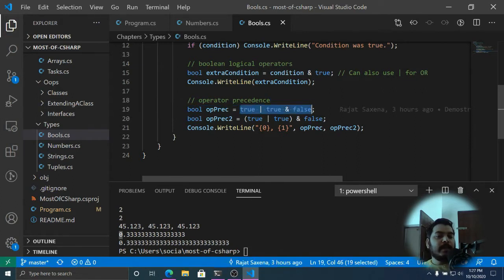So you need to take care of operator precedence. This one has more precedence, which means that it will be processed first, and then this output will be ORed with the other part.